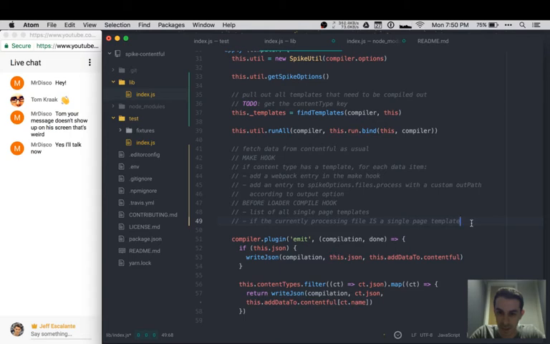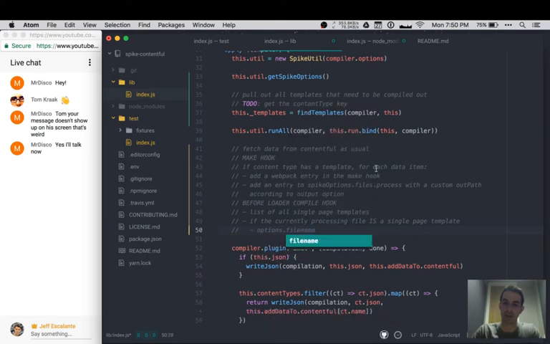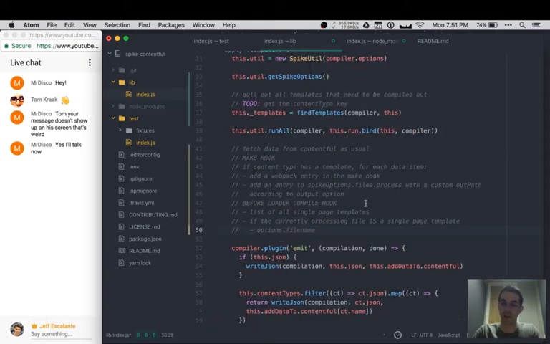So if the file that's currently processing is a single page template, then we're going to need to do something with it for sure. If not, we definitely won't need to do anything. So it'll be something like an if-else check to match, like options.filename, because we know that that is where we're storing the currently processing file name, this .resource path, right? So we can match that to what we have all the templates